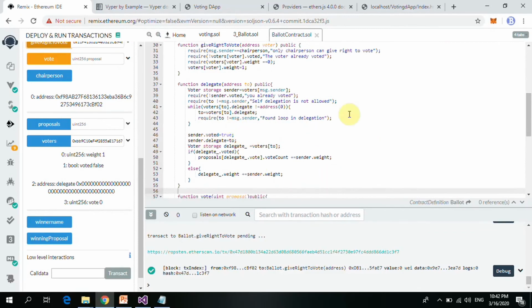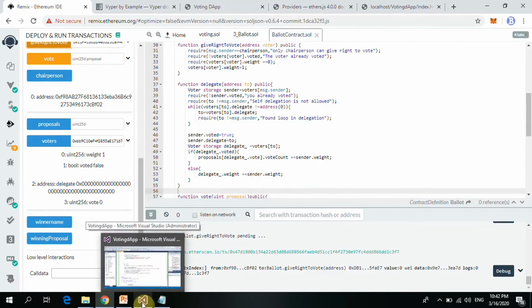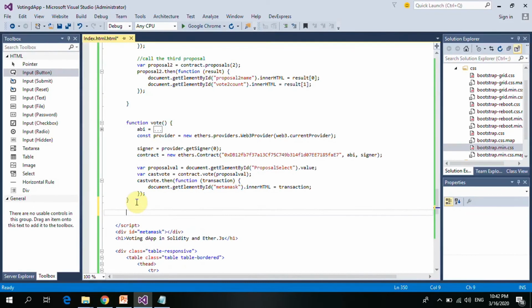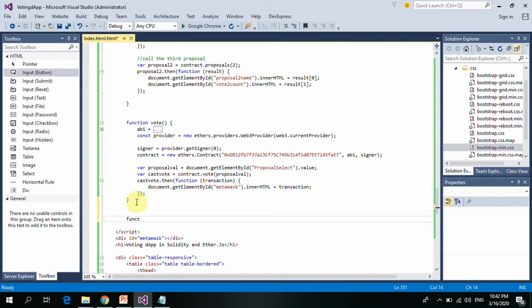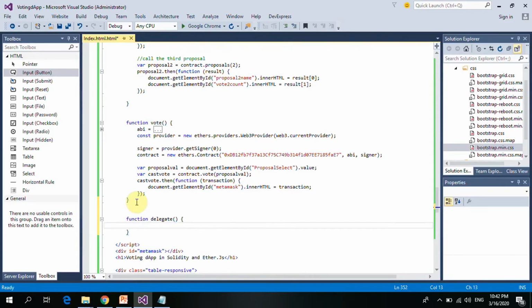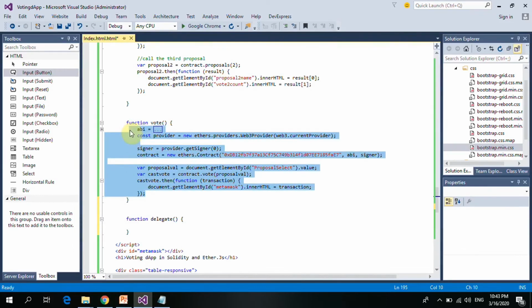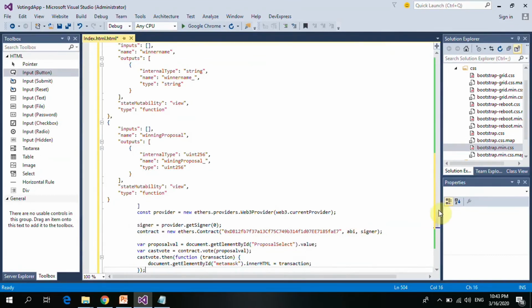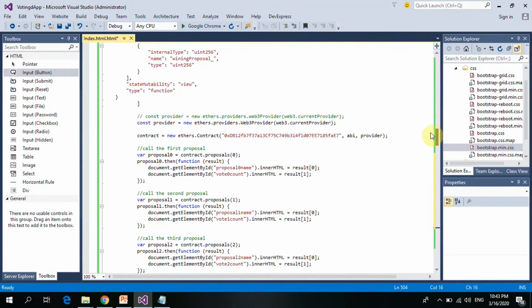What we're going to do, we're going to call this function. Let's do this on Ethers.js. So we're going to call a function called delegates. We're just going to create that function, delegates. It's basically the same thing, so let's just pick this whole piece of code and dump it here, and then the only thing we're going to change, let's reduce this